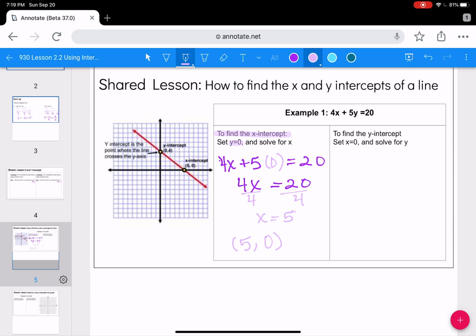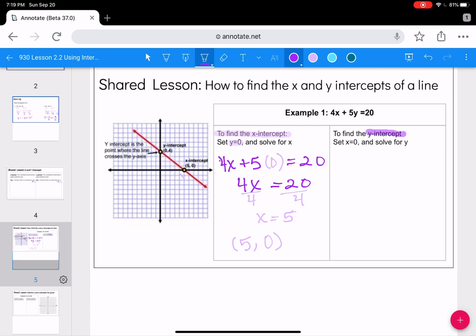You can look on the graph to the left. It already graphed our x-intercept. It is at 5, 0. So again, that's where it crosses that x-axis. So that is to find the x-intercept. Now we're going to talk about finding the y-intercept. And the y-intercept